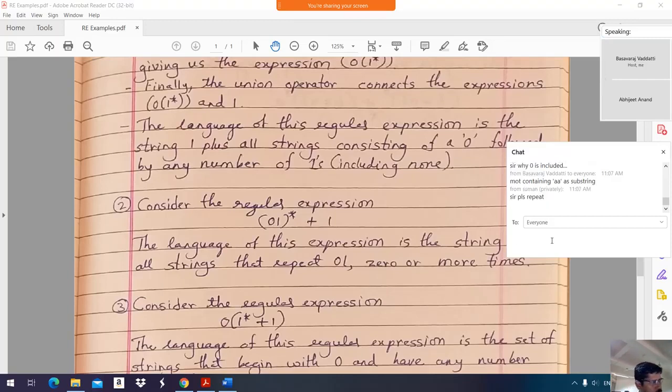Write a regular expression representing set of all strings not containing AA as a substring. Most important here is, I'll repeat it. Write a regular expression representing set of all strings not containing AA as a substring,